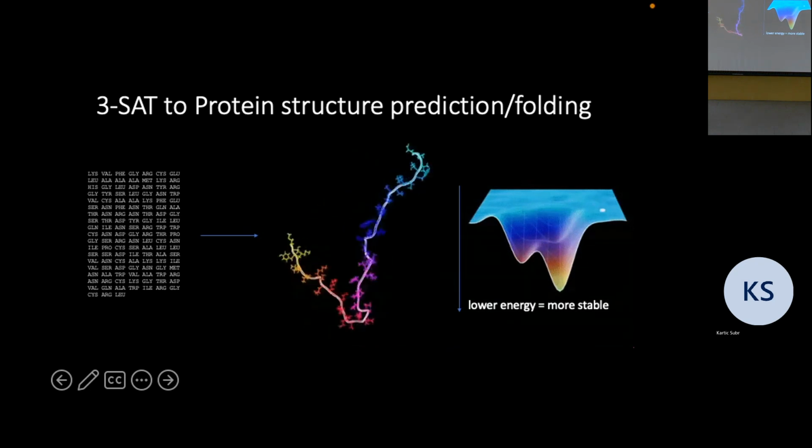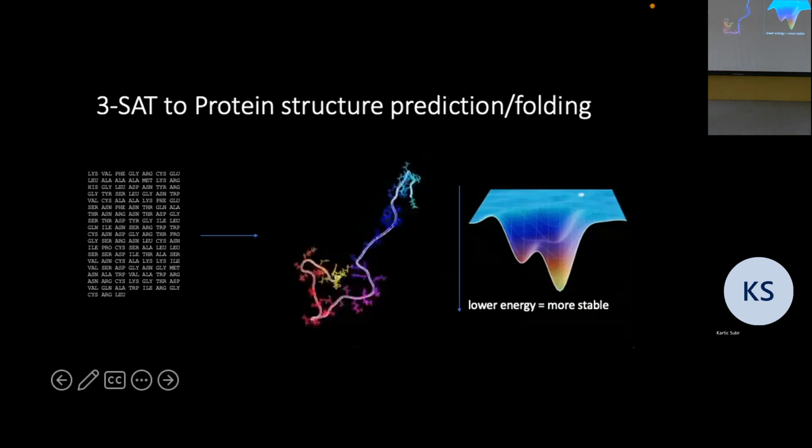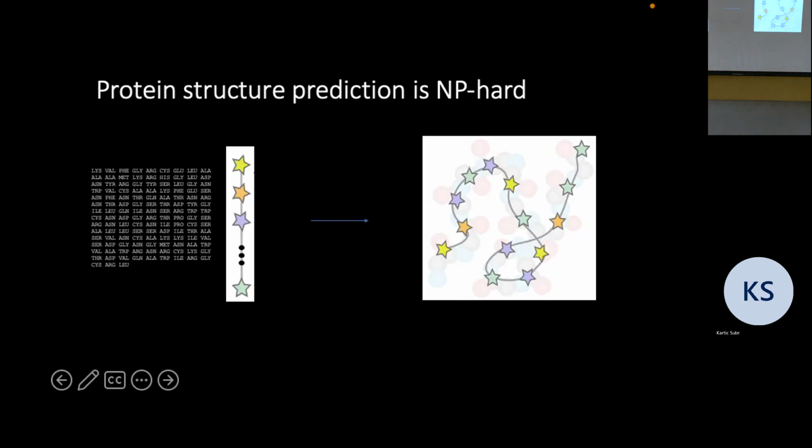So every 3-letter symbol here identifies one amino acid, or a building block of a protein. Given this, you can represent it as a chain of different colors, and depending on the colors they have, they end up in some 3-dimensional shape. That's the protein folding problem. Everybody knows that predicting this structure, knowing what the elements of the protein are, is NP hard. So we don't have polynomial time to do this.